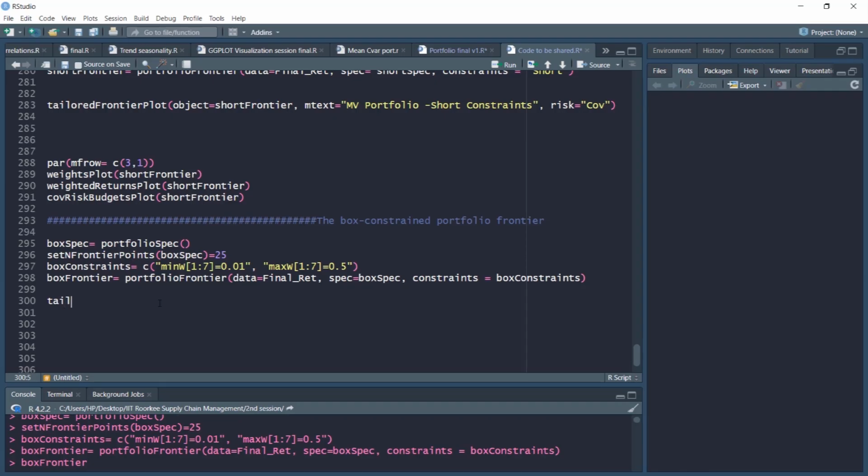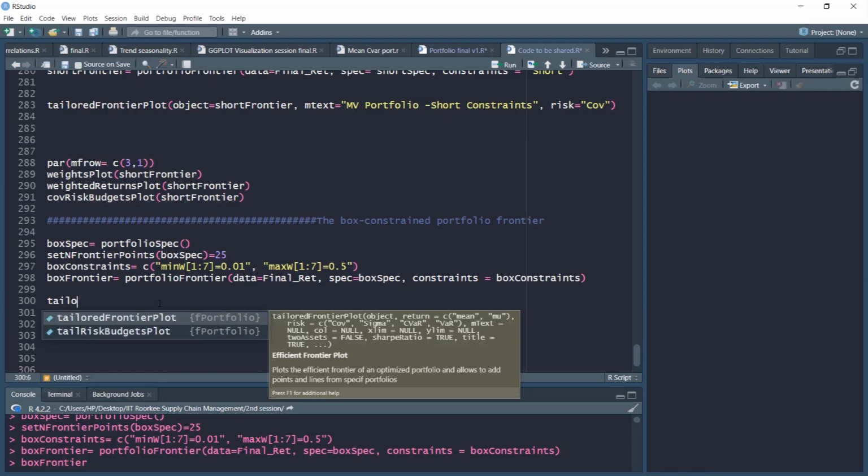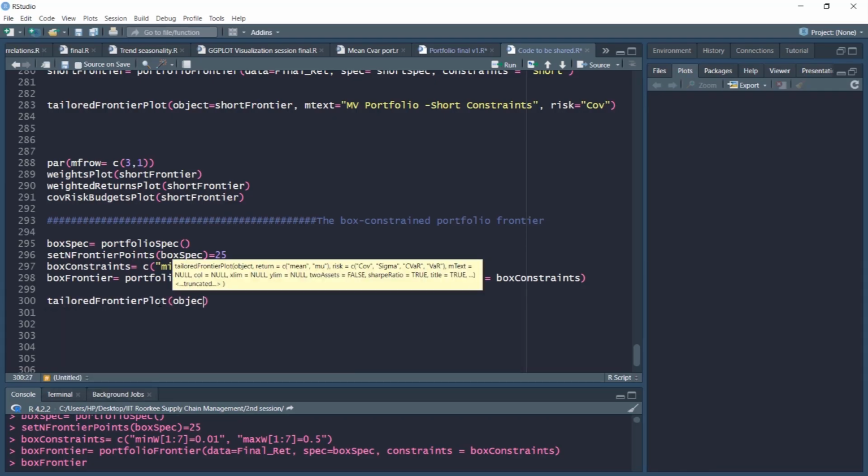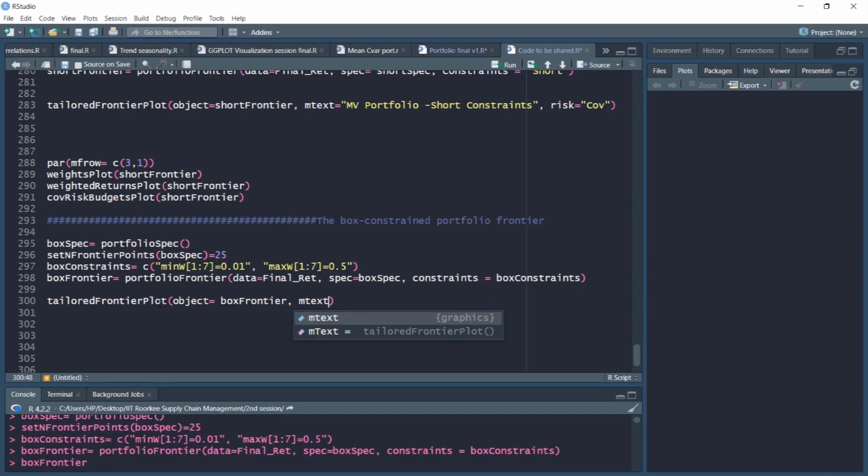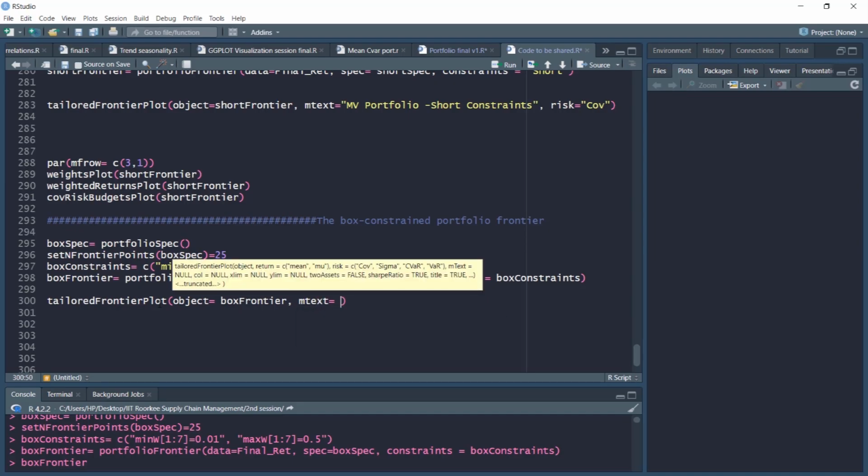So let's use this tailored frontier plot and let's specify the object. Our object is box frontier, heading is mean variance portfolio with box constraints, and again our risk is covariance risk.